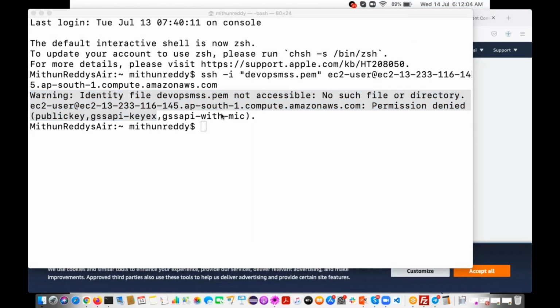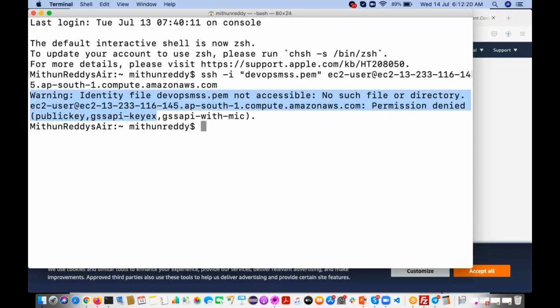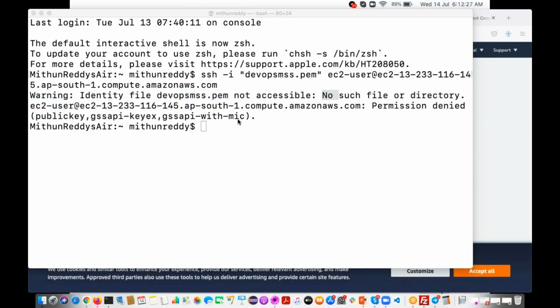Almost 50% of people are making the same error. Yesterday and the day before yesterday, I really spent a lot of time to explain to you guys. That's why I am showing the same error, how you get this error and how to fix it. See what it is clearly saying, no such file or directory